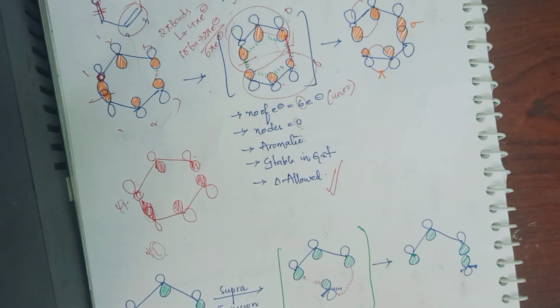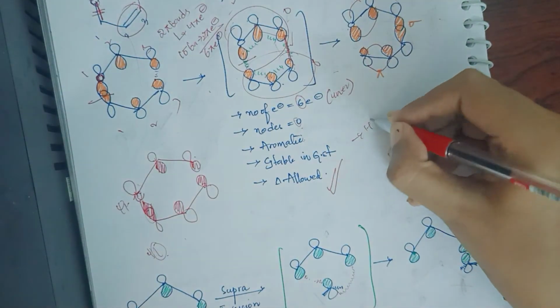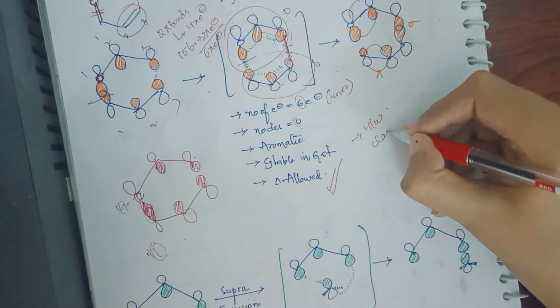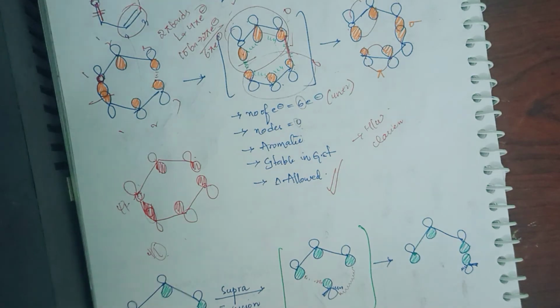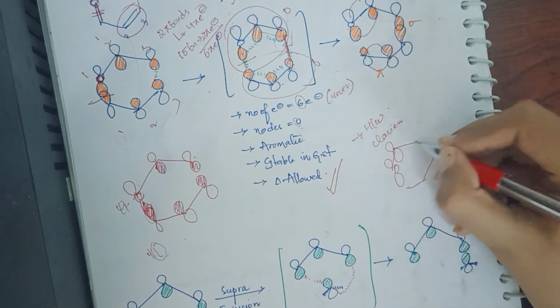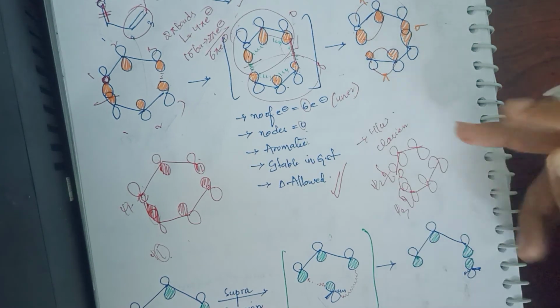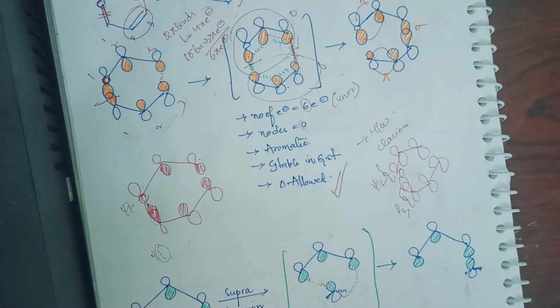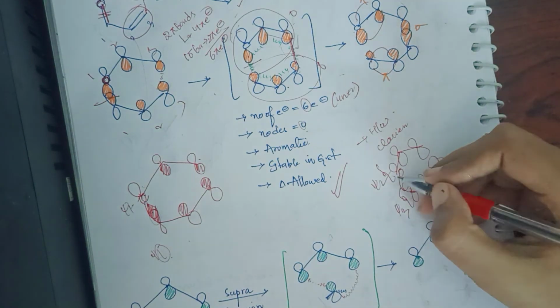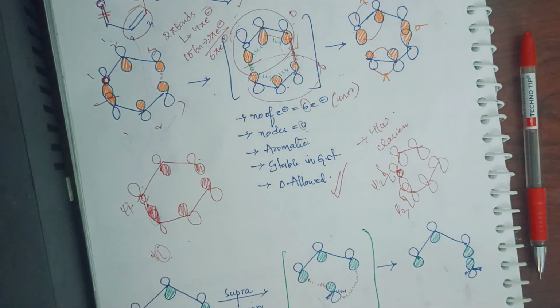For this unit of applications, you can just learn how to draw these molecular orbitals. Homework: in Claisen, try to draw the other molecular orbital which was given in Cope, taking this system. Here try to take Xy2, here try to take Xy3, and check whether you get the same answer or not. If you have any doubt, you can go to the Cope rearrangement. The second example is the same, with an oxygen instead of carbon. Only that is the difference. So here we have learned what a 1,7 shift is and what Cope and Claisen rearrangements are in homotropic reactions.